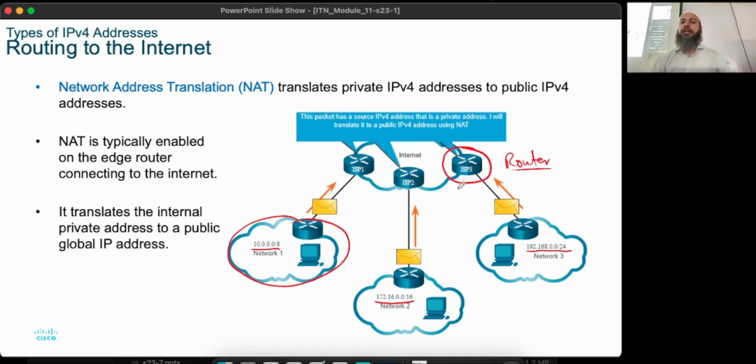Okay, here's how it happens. Something on the internet wants to send you some information. So what they say is, I'm going to send the information to this router, and this router is going to have a public IP address. The router is going to have two portions. One is going to be connected to the local area network, and the other is going to be connected to the whole internet. The portion which is connected to the whole internet is going to have a public IP address, which means the whole internet can communicate to this router.